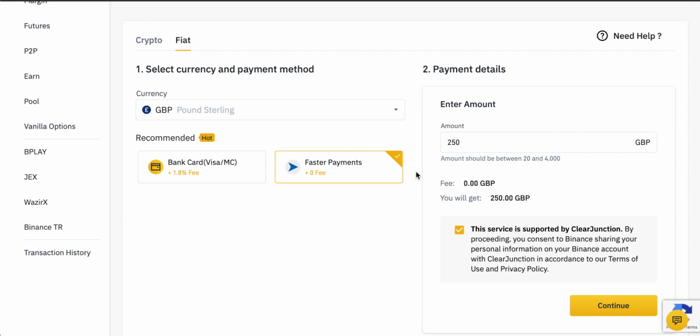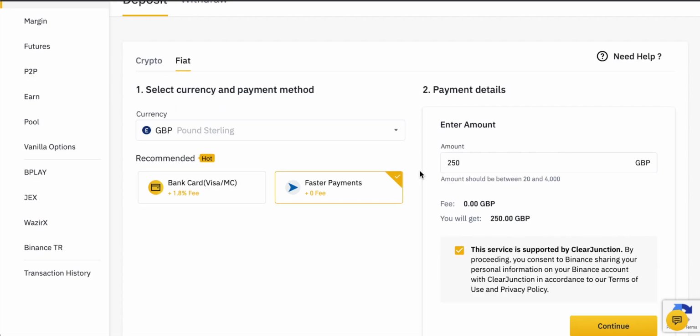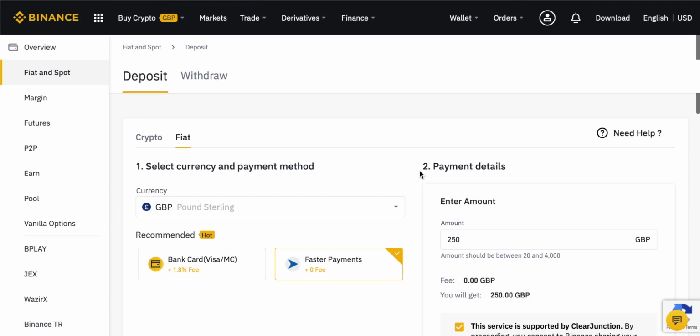And also, just as a side note, a few banks in the UK right now have stopped transactions with cryptocurrency exchanges. So just be sure that your bank supports it. Otherwise, you may have to find a different way. Once you do have fiat currencies on account, then you can go ahead and trade in a different way.